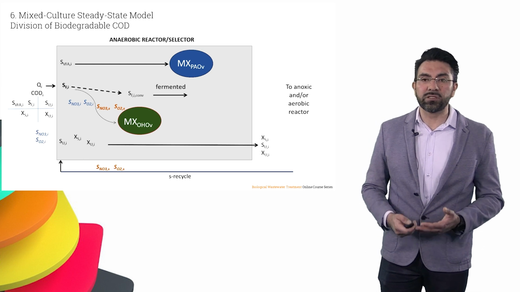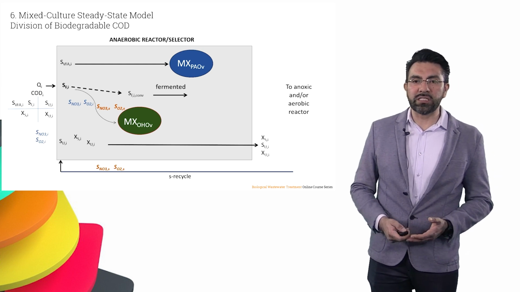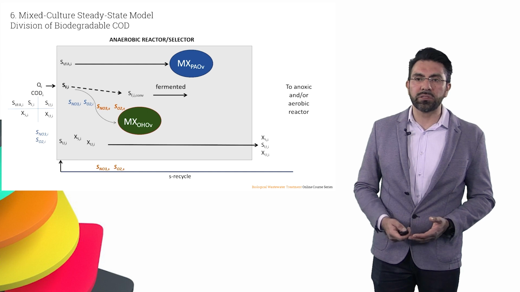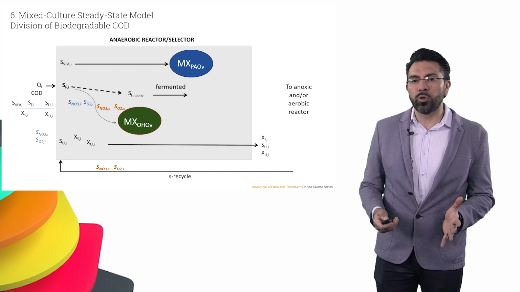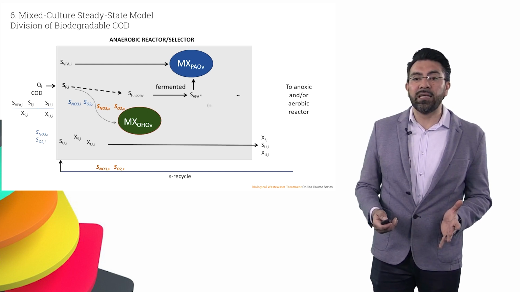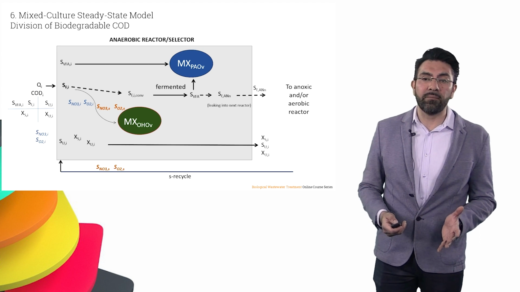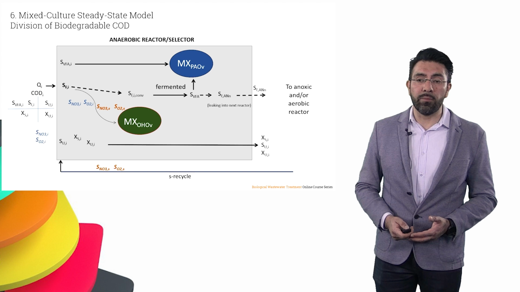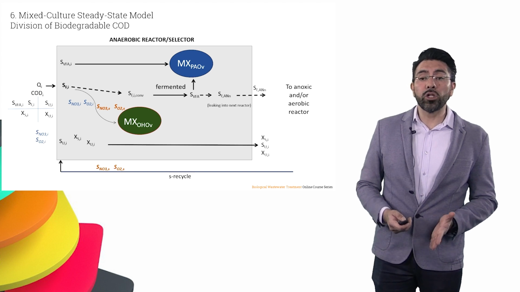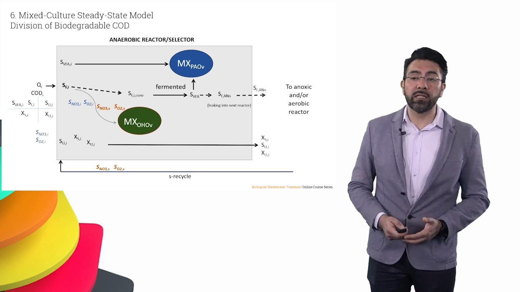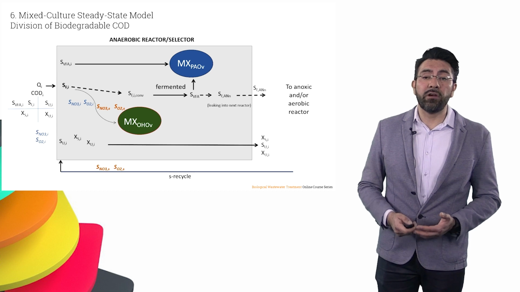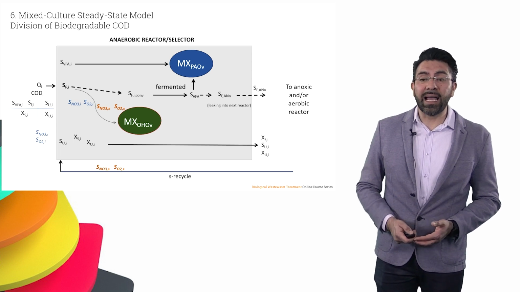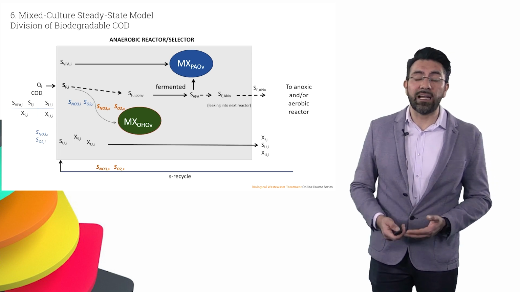However, the anaerobic reactor selectors, compared to other systems like the aerobic systems or anoxic systems, tend to be relatively small. So the chances that the volatile fatty acids are fermented are relatively high, depending on the amounts of biomass that we have, but we also may lose part of the fermentable COD that has been actually fermented to volatile fatty